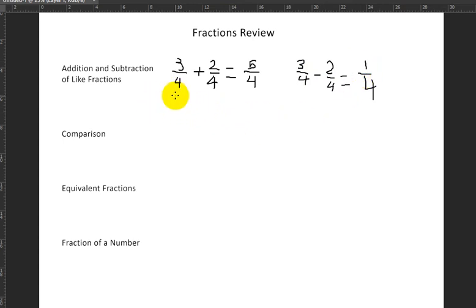Then the question arises, what do we do if there are fractions with different denominators? So let's say 2/3 and 4/5, right? Now we have talked about this before, but we're not going to go into how we solve additions and subtractions like this, where they have different denominators. But I just want to remind you that the procedure is different than this. It is much more complicated,